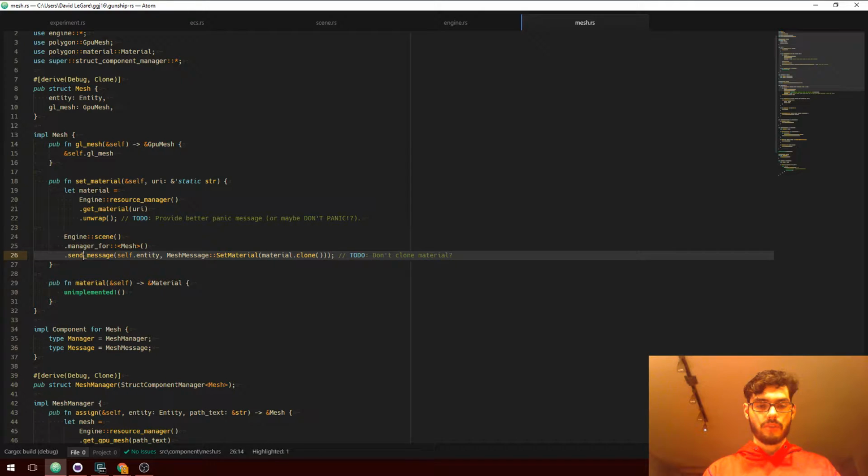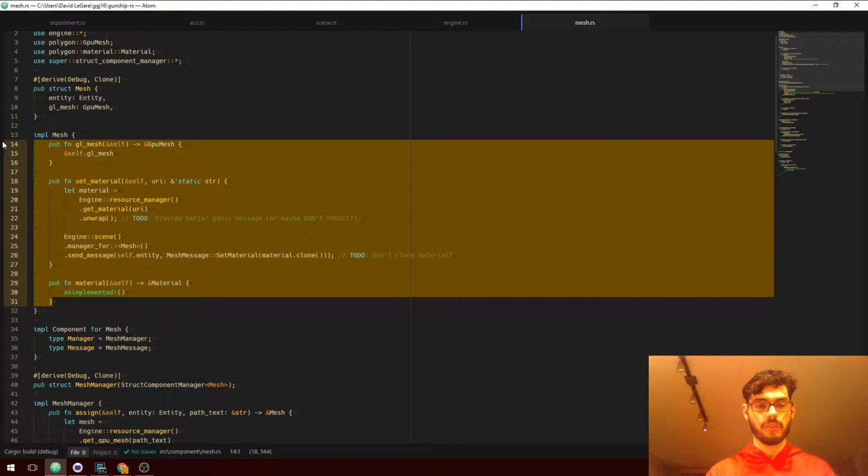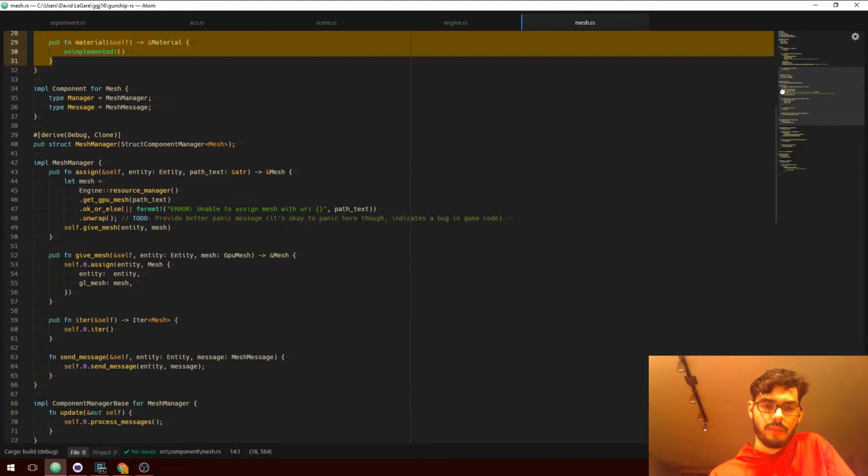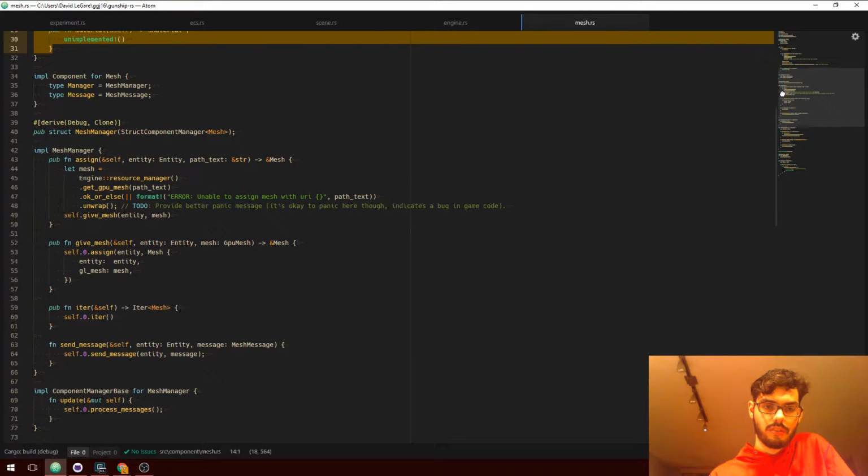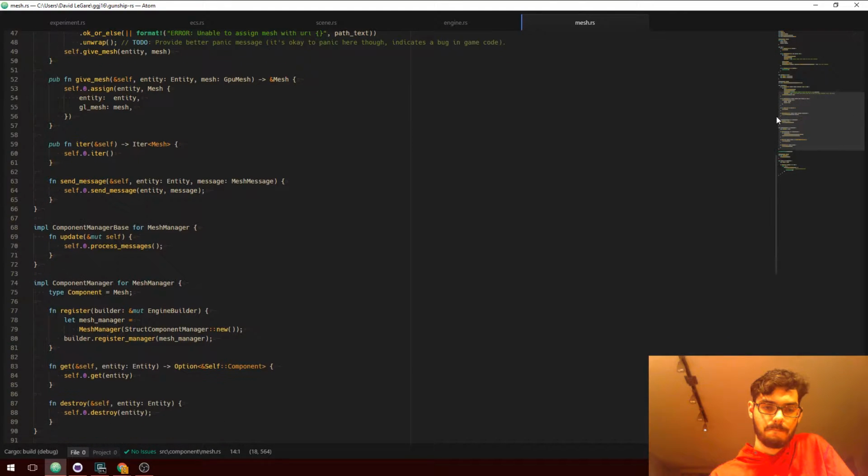Engine scene.manager for mesh send message. Ooh, and that's that junky message passing implementation that I was talking about. Mesh set material. So we probably don't care about any of this stuff for now. In fact, it may well be safe to say that we can delete all of this.